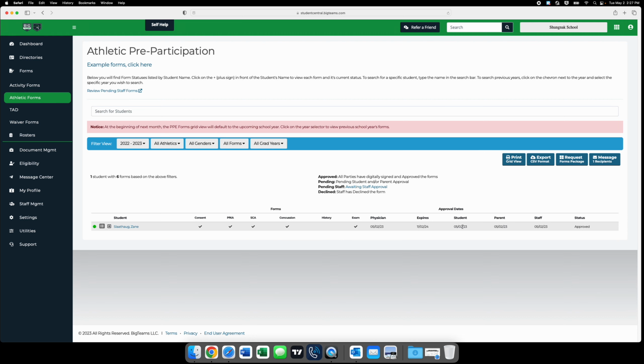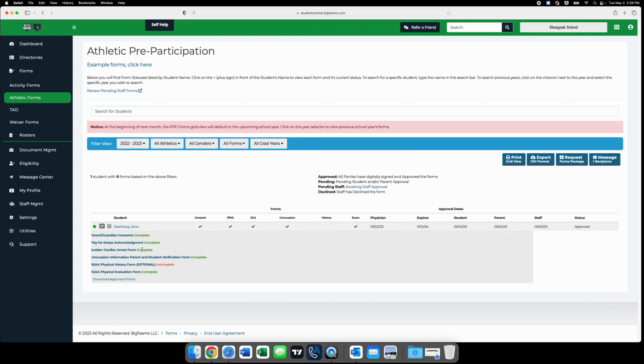And you can see that all the other approval dates have occurred for the student when they signed off on the forms, the parent signed off on the forms, and then when I did that upload for them, the staff part is also done today as well. And we can see that our physical exam form has now been completed as well. Now, if we go back into the student's account,